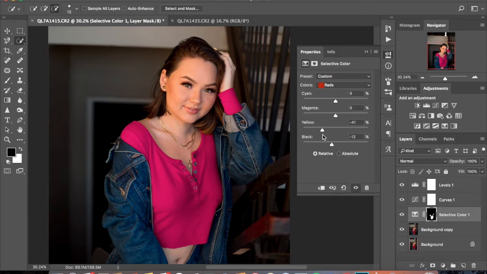So I really want this to match my Instagram feed. You guys can't see it on this screen, but I'm pulling up my Instagram feed and looking at the pink color that I have in there because I want to try to match that. Okay, so now that I have the pink top,